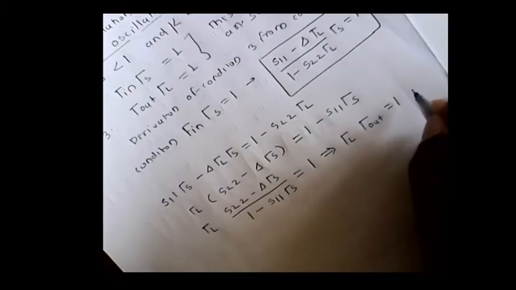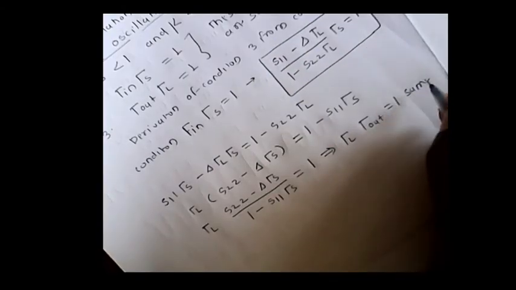into gamma out is equal to 1. Same condition, same as condition 3. So we can prove that here. So since gamma S and gamma L are less than 1,